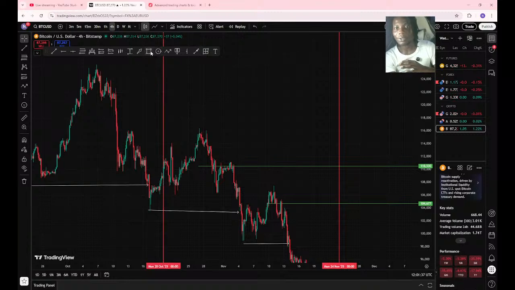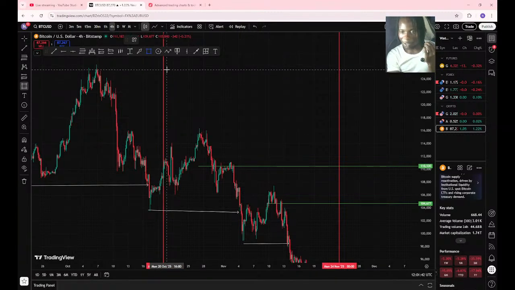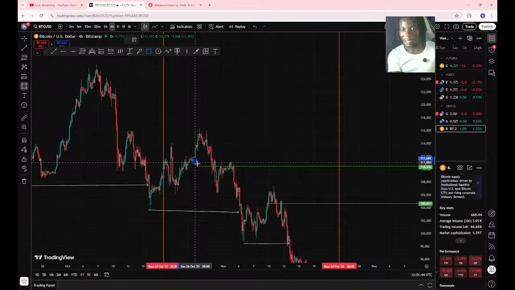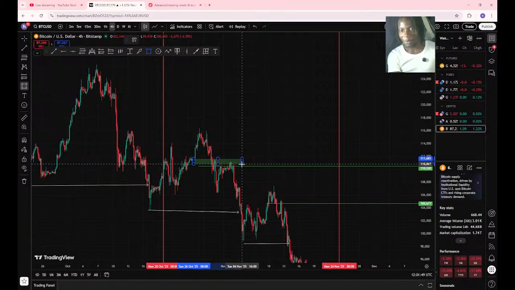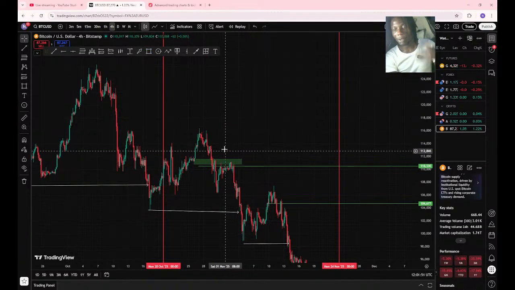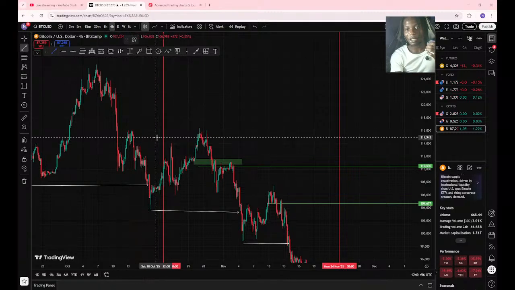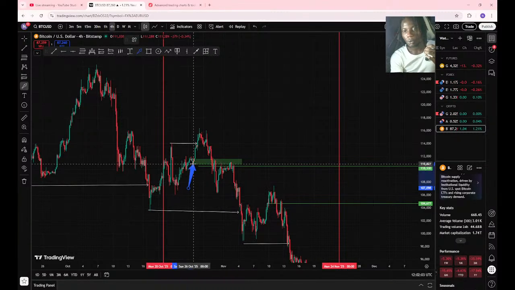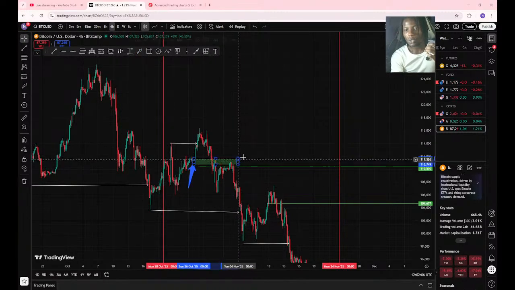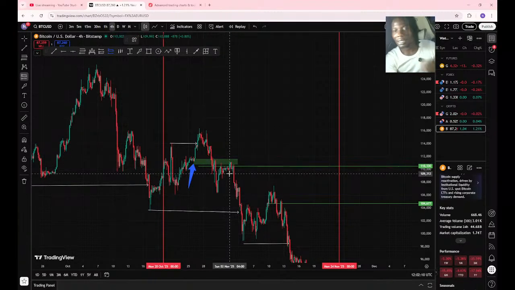Then you mark out the last leg that breaks structure. That zone is your structure, your key point. Okay, so this is the last leg that shows we are going to the upside, right? So this is the last point, which some people call order block, breaker block. Since this is the last trend that breaks this high, that breaks the major high, that will be our money pool. Here will be our money pool. Since we now know our money pool, we'll take our entry from here after we've seen confirmation.